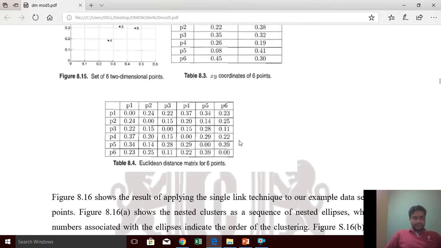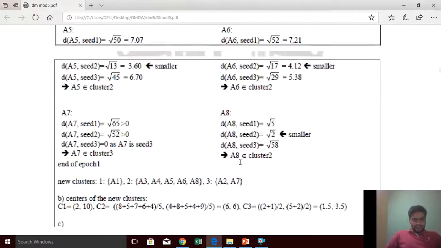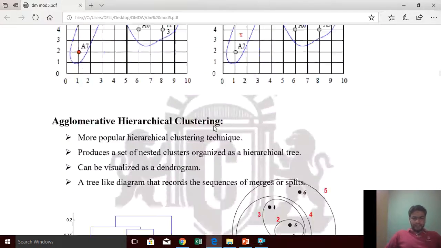out. That is distance a comma b is equal to square root of x of a minus x of b, bracket square, plus y of a minus y of b, square. So here what we have used is the distance formula. The same formula we have to use. So the formula is the square root of x of b minus x of a, square, plus y of b minus y of a, square. So the same formula I am using here.